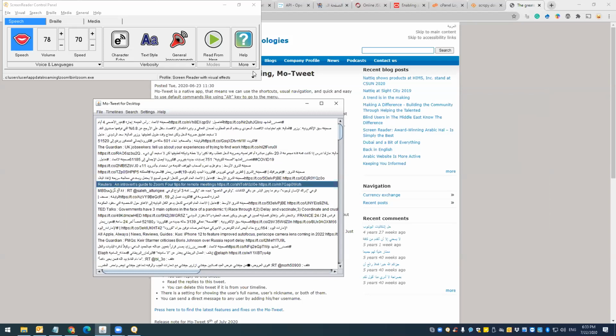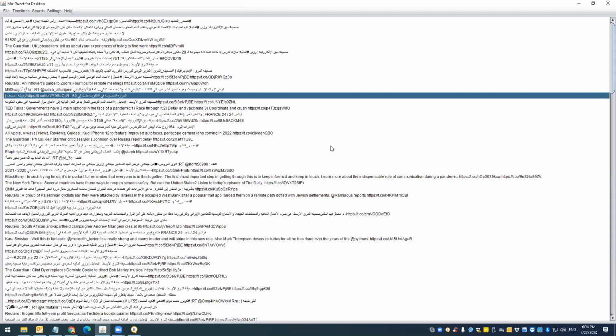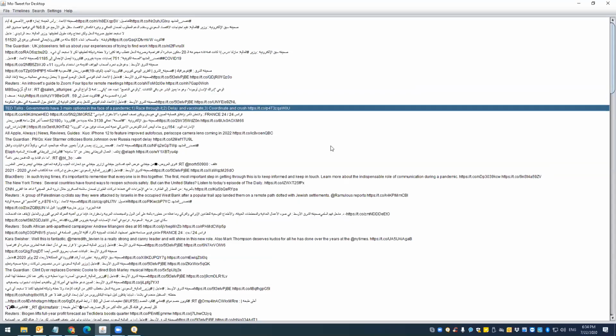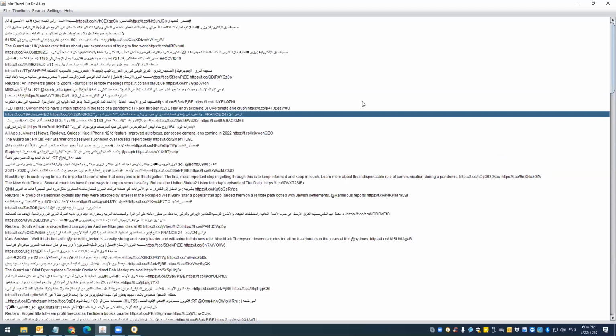No selection. No focus detected. Down arrow. That's my first time to share the screen with the screen reader. For some reason, the focus is not moving.